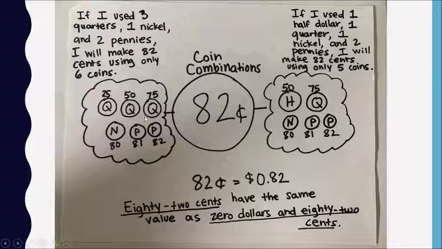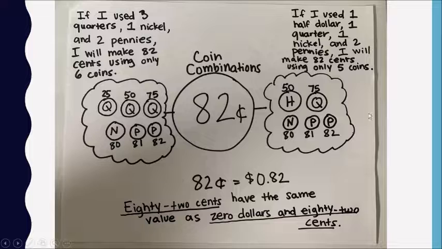I'm making 82 cents. On this side, I used 3 quarters, 1 nickel, and 2 pennies to make 82 cents. I also wrote it in a statement here, so that's what you're going to have to do. It says, if I use 3 quarters, 1 nickel, and 2 pennies, I will make 82 cents using only 6